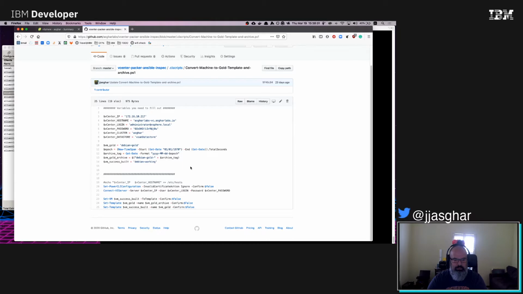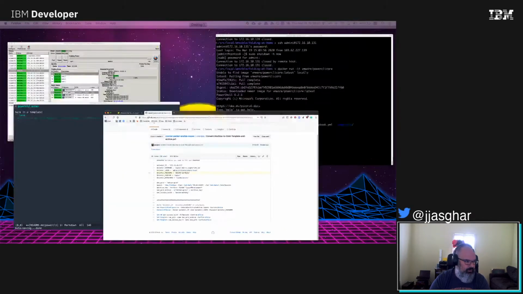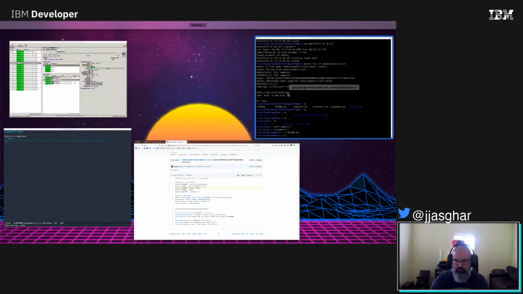Now, as you can see, here's a bunch of stuff that we're going to be doing, but the most important is this right here, where we're actually going to be running a bunch of commands against it. Now, as you notice, I actually have the password in here. Don't pay attention to that. But again, you can't actually get to it unless you're VPN'd in, and that's just because of the way it is. Okay, so let's go ahead and